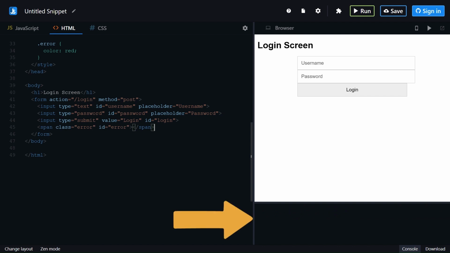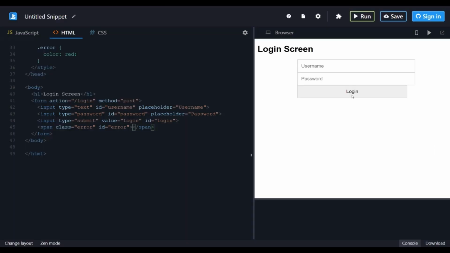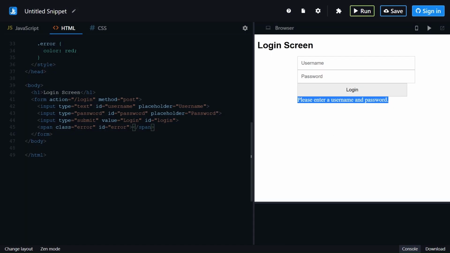As you can see, the error is gone now. And we have a login screen appearing on the browser without any error. Let me now try to click on login and see if validations are working. As you can see, I get a validation error. Please enter a username and password. So, it's working as expected. Except for a few minor issues, Google Bard AI generated all the code. In this case, I would say more than 90% of the work is done by Google Bard AI.